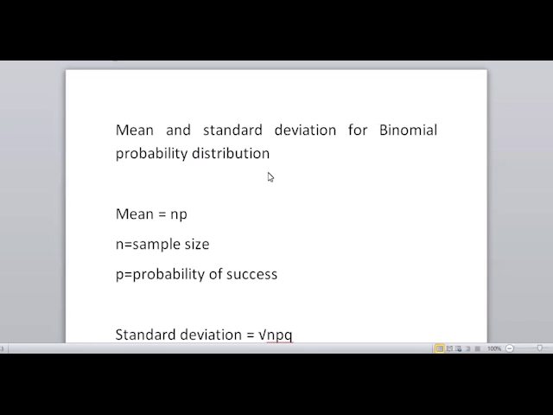Under binomial probability distribution, we did, I think, 2 examples, and we looked at that example and we realized that the binomial probability distribution is usually used for events where the sample size is very, very small. Okay. Then one thing we didn't look at was the mean and the standard deviation